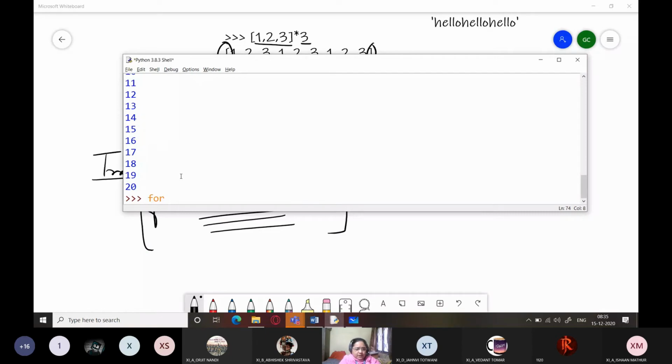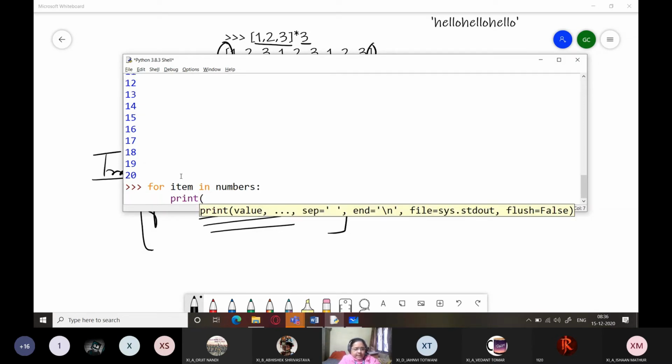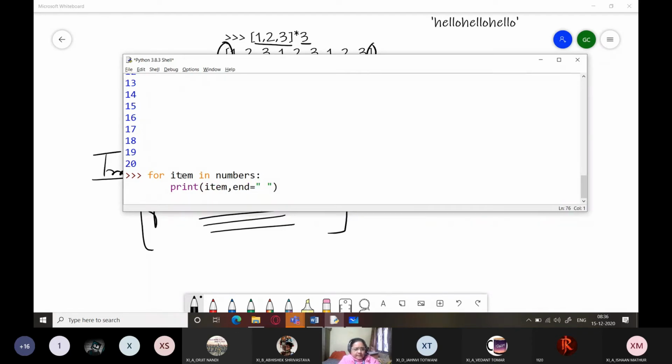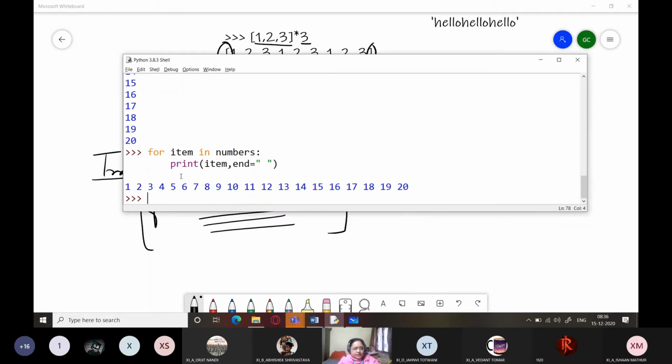Same way, if I write for item in numbers, print item, comma, end is space, you will see, because I have given a space in end, that's why it is printing on the same line.